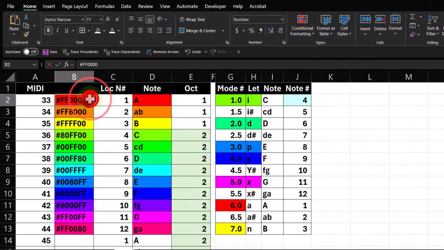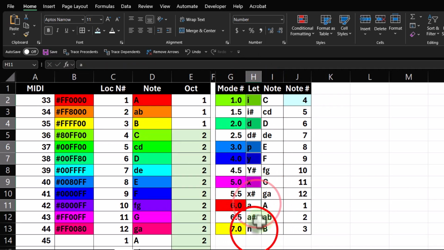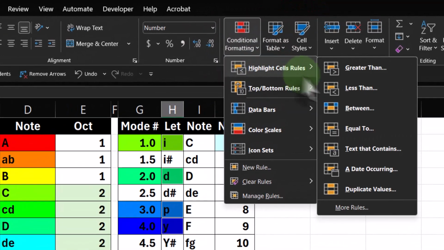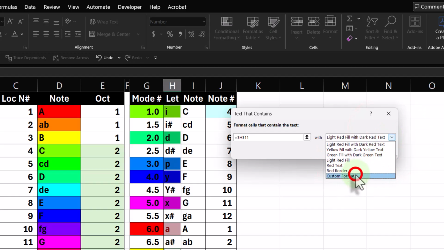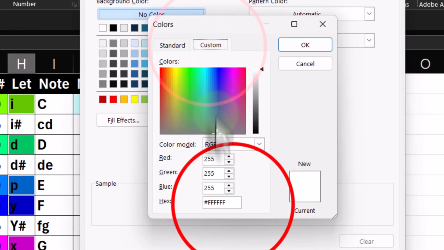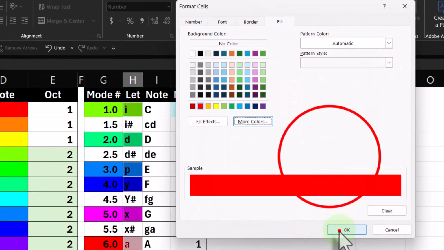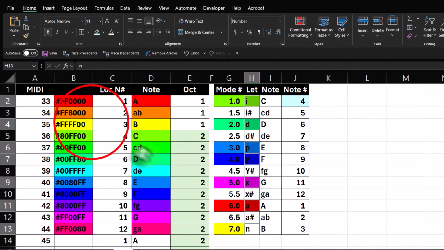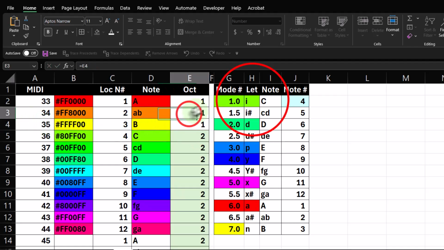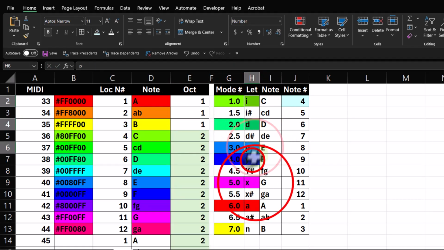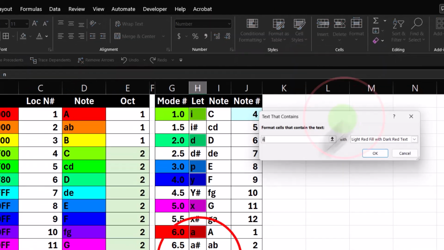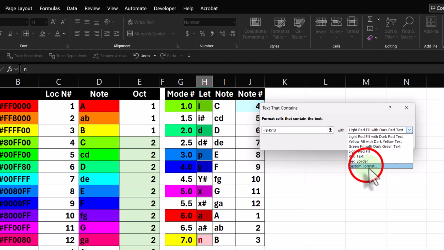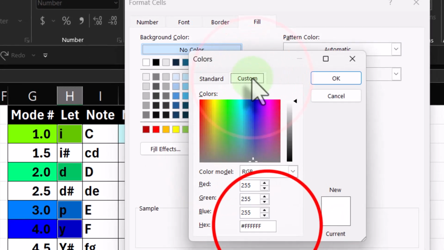and then Aeolian is up here. Copy, holding down Control, selecting the ones in the collection only. Drop down. If it contains that A, and then more colors, custom, paste, okay, okay, okay. One more time, and that's going to be this one on the B. Holding down Control, so I have just the ones in the collection. Conditional formatting, if it contains that N, drop down, custom, more,